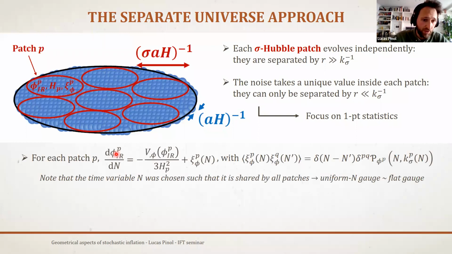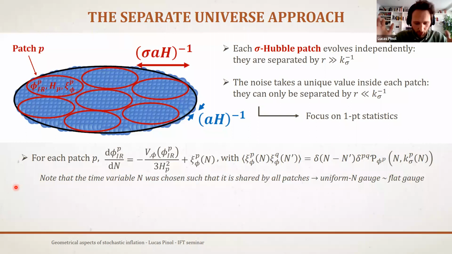And instead of having a dependence on x, which was a continuous variable, which was the spatial position, we'll now have actually a dependence only on p, which is a discrete variable, which will be the number of the patch, if you want. So in each patch, you will have a different value of the noise and therefore a different value of your infrared field. But within one patch, it will be the same everywhere. So that's why we go from this cardinal sinus function here to this delta PQ Kronecker symbol, very, very simple.